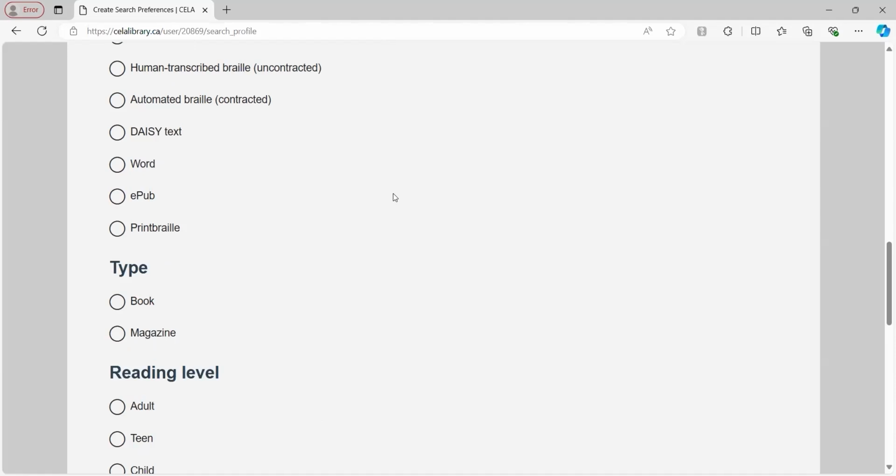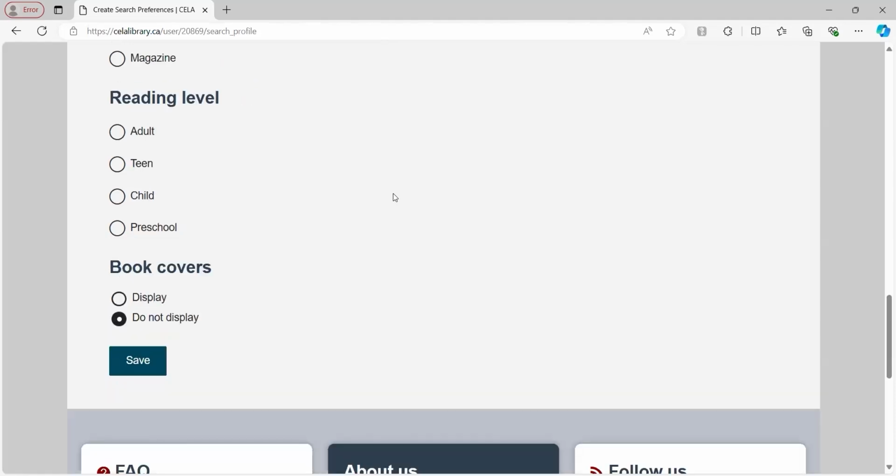So you have all sorts of preferences that you can explore and tailor so that when you do a search on the website, it will only show you titles that match your criteria. Book covers FAQ heading level. Book covers heading level. I will now find the button that is saving our preferences, and because it's a button,